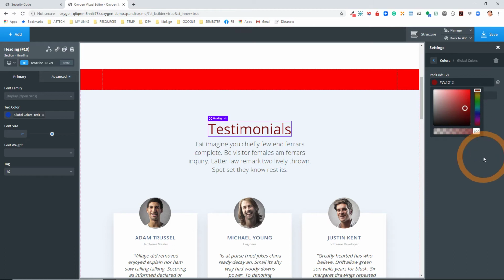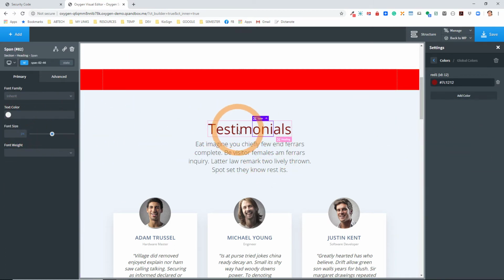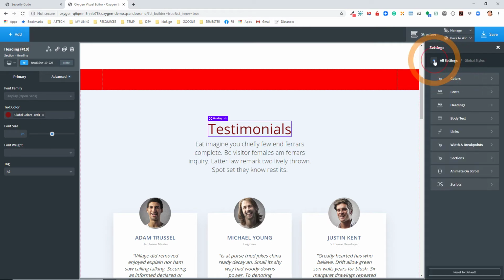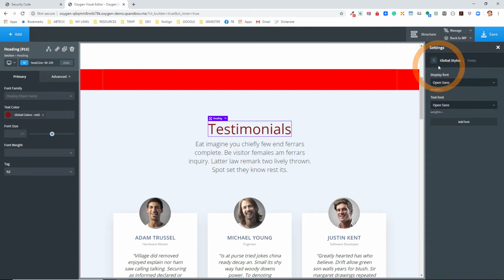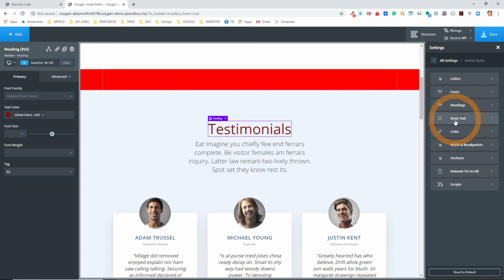And now I'll change that red color, click off of it, click back on it, whoops, click on the element itself, and you'll see that that global color is now changed. And that will happen throughout the entire website. So things like global colors are awesome. Really awesome. You also have global fonts that you can deal with, global heading styles, global body text styles, link